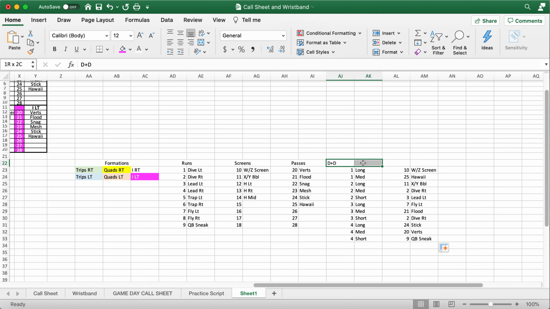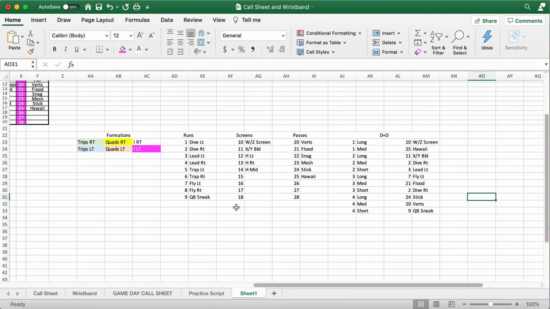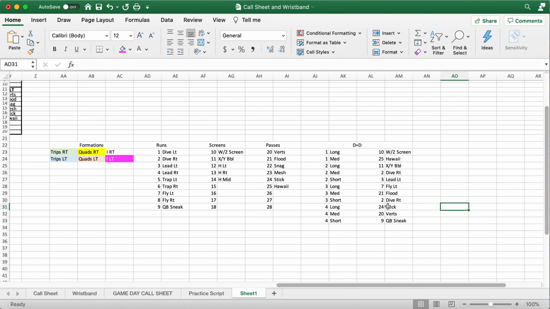I'm going to select this cell, bring it all the way over to the AM, merge and center, and now I have my down and distance major plays for each down and distance that I want to make sure I try at least once. And now I can have different tips. So on the right, I might go AN, AO, merge and center, and do tips. And then it might be something like be yourself, be creative,